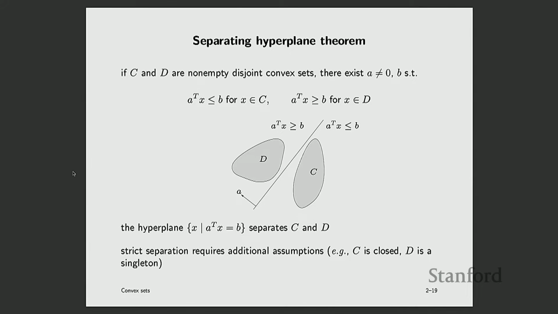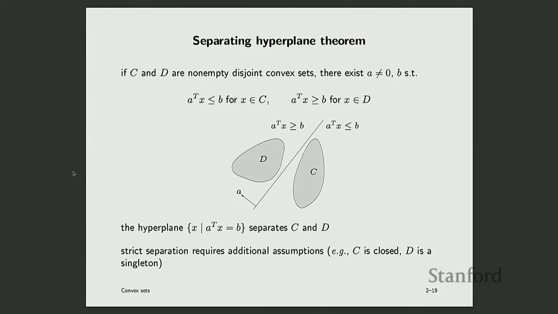And what it says is this. If I have two convex sets which do not intersect, that's what it means to be disjoint, so I have disjoint convex sets, then, very roughly speaking, I can stick a hyperplane between them. I can separate them by a hyperplane, right? And you may have seen this in some machine learning class where you were talking about two different sets of points being linearly separable. That's how people would say it there. If you haven't, that's fine too. But so this is the picture, right?